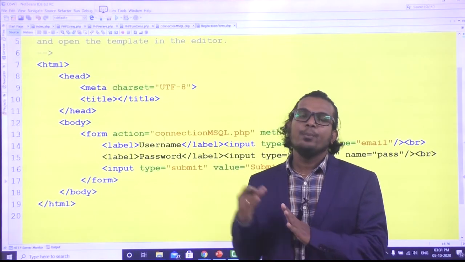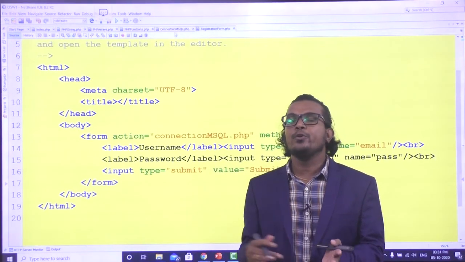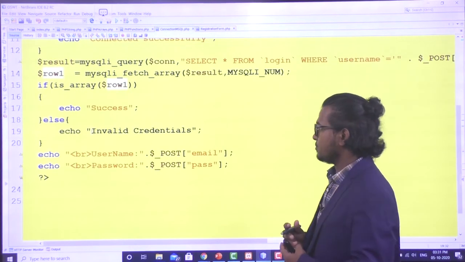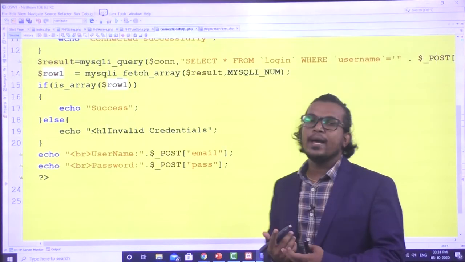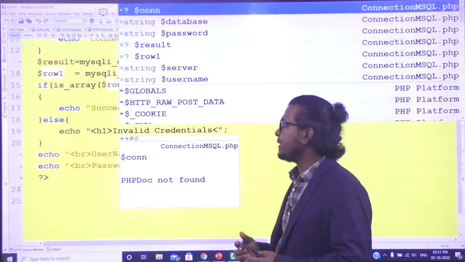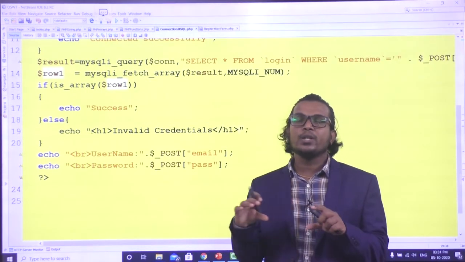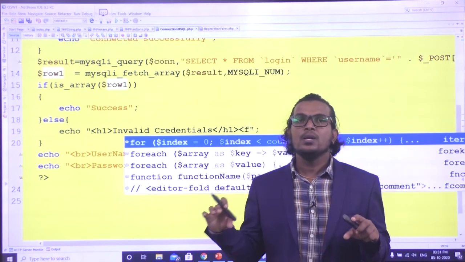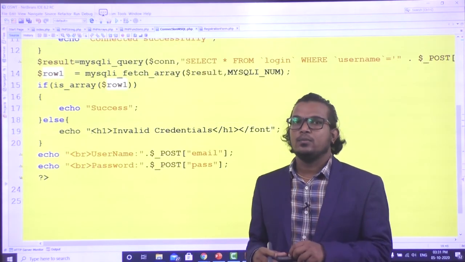If it is success, print in a green color. If it is invalid, print in a red color. For that I am using the font tag, and for printing that information in a bigger font, I am using header 1.